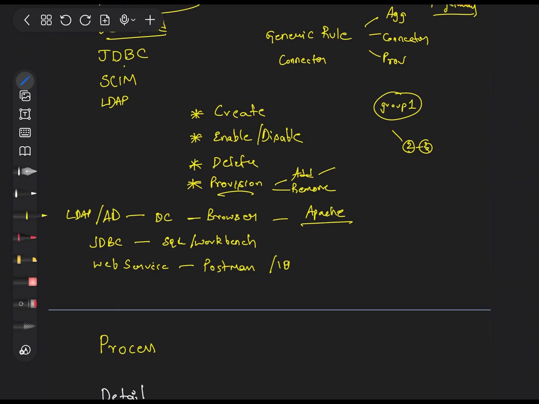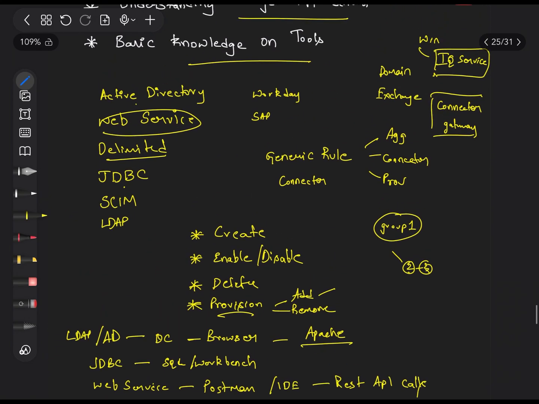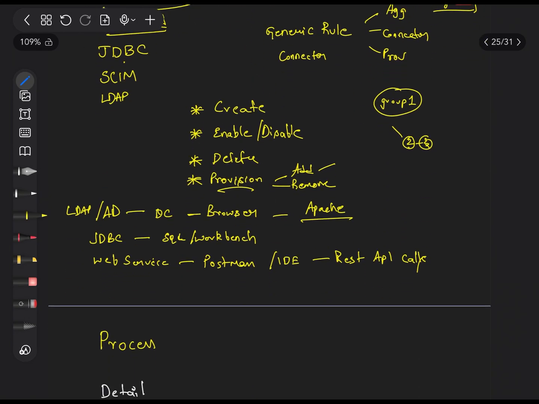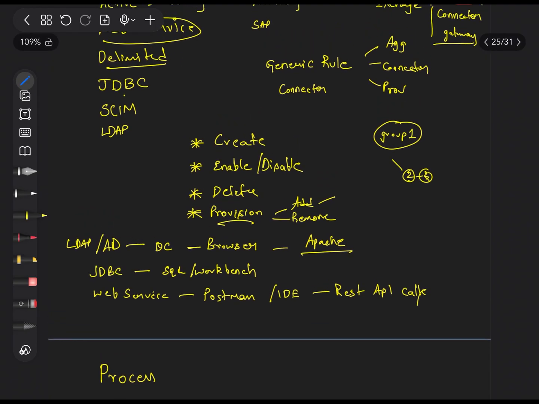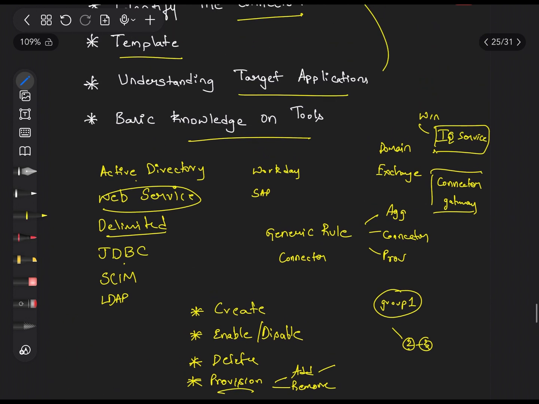Within an IDE, you can add some extensions, and you can use REST API calls. So for REST API calls, you need that knowledge as well. Again, for Linux or some Windows applications, you need Windows and Linux knowledge as well. These are the basic tools used for